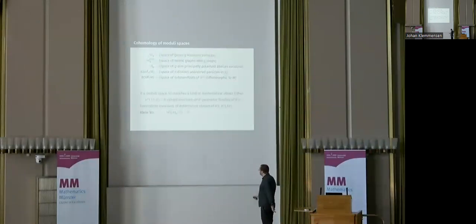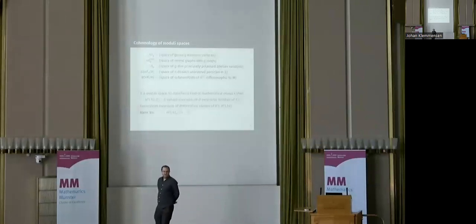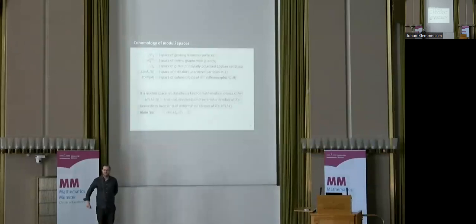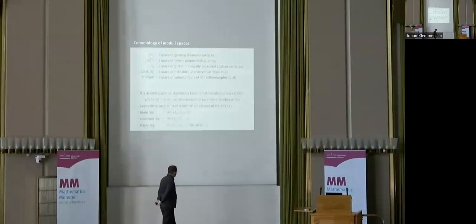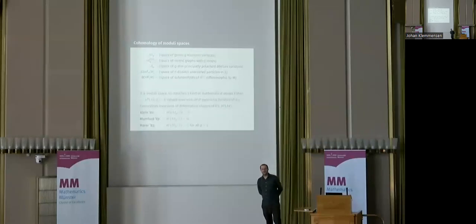And so, for example, in the original definition of moduli space, the moduli space of Riemann surfaces, it's a theorem of Klein from 1882 that this space is connected. So in other words, any two genus g Riemann surfaces you can get from one to the other by doing a deformation of the complex structure. So when I phrase that in terms of cohomology, that's saying that the zeroth cohomology is Z. If you go up a little bit, it's a theorem of Mumford from the 60s that the first cohomology of M_g turns out to be 0. So in other words, there's no invariant of one-parameter families of Riemann surfaces. There's no integer-valued invariant at least.